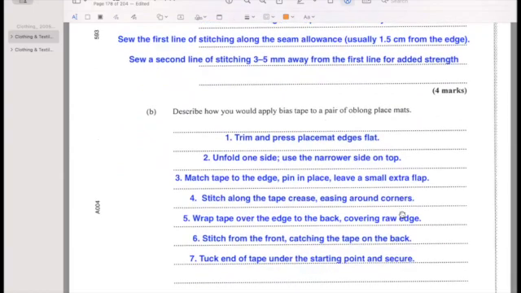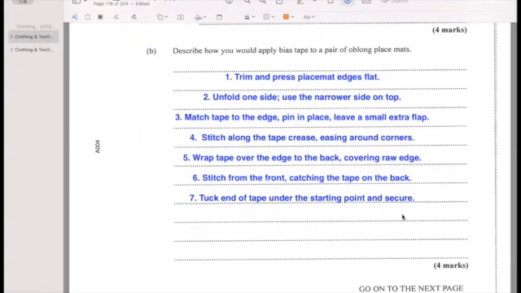Describe how you will apply a bias tape to a pair of oblong placemats. All right. One, trim and press placemat edge flat. Two, unfold one side, use the narrow side on top. Three, match tape to the edge, pin it in place, leave a small extra flap. Four, stitch along the tape